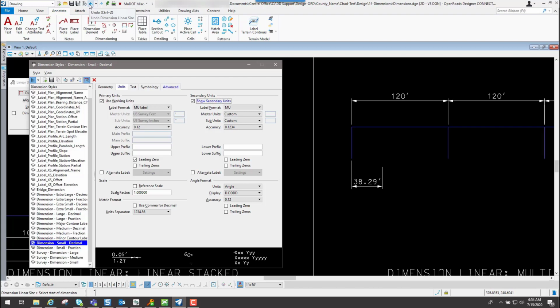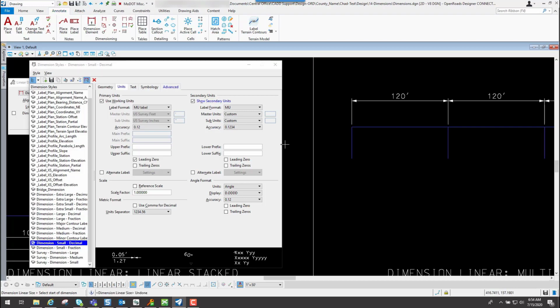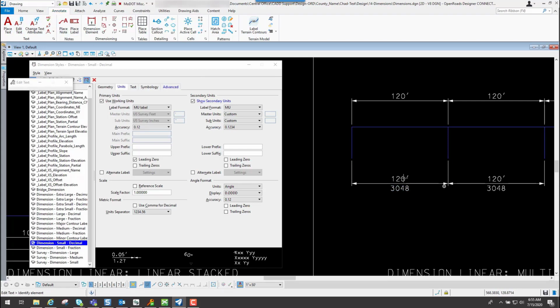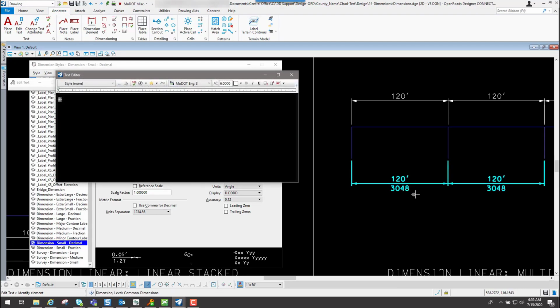So let me go ahead and do an undo to undo that dimension. I have this one here turned on now. I'll left click on the first one, left click on the second point, figure out where I want to drop it off at, and now I'm finished. Or I could keep going if I wanted to. But then if I use my edit text tool, I can come in here and edit that text.